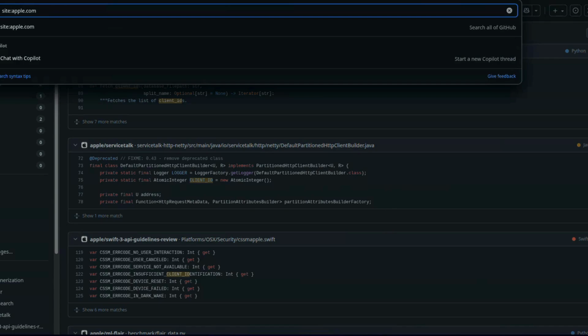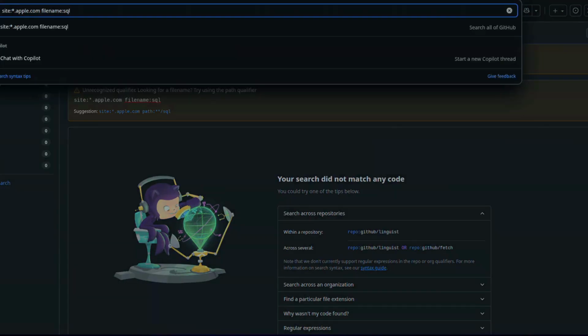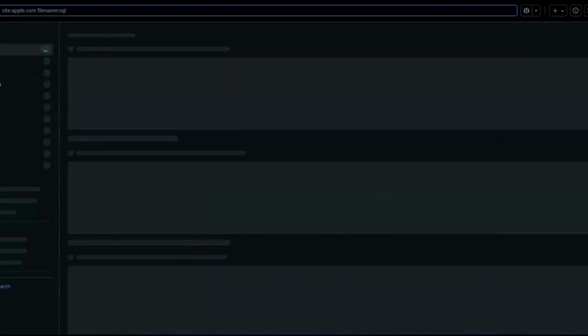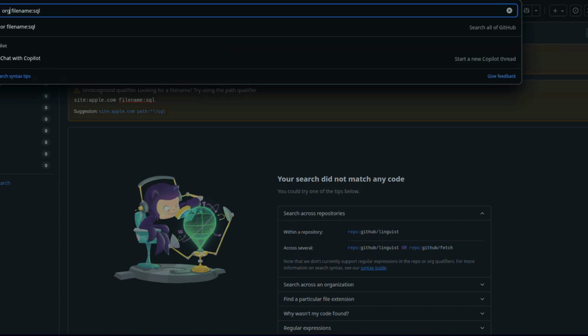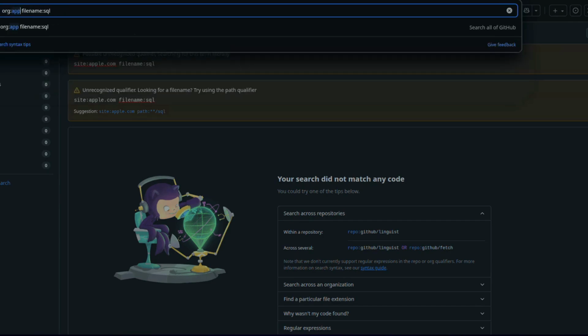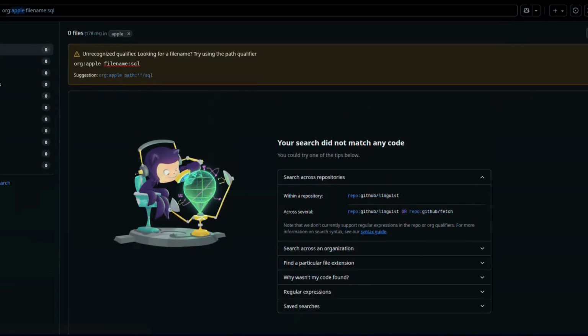Let me just do one thing, star, and if we found anything like file name, that is SQL. So we can search for org. No problem.